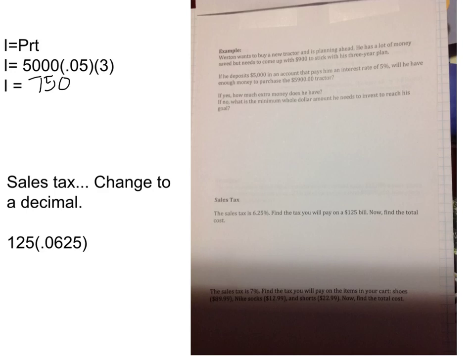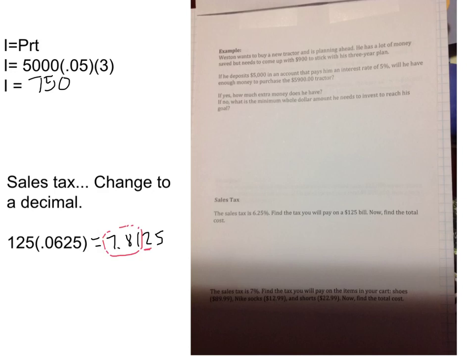Taking a look at sales tax. So sales tax is 6.25%. Find the tax you will pay on a bill that's $125. And then you're going to find the total cost. So with sales tax, just like with interest rate, we need to change it to a decimal. So we're going to move the decimal point twice. So 6.25% becomes 0.0625. And you'll just take 125 and multiply it by 0.0625. And you will get 7.8125. And remembering that this is money, so we're just going to worry about the $7.81 because that 2 isn't